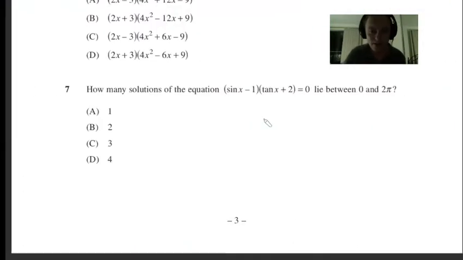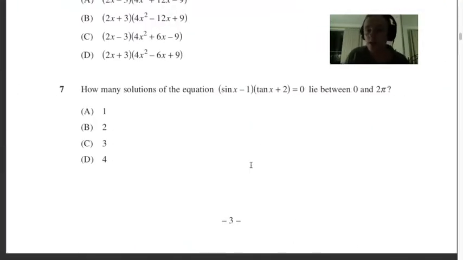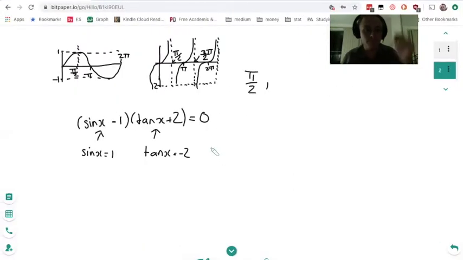Let's just ask what they're actually asking us here. How many solutions of the equation lie between 0 and 2 pi? So one of the solutions is pi on 2. But is it really? I think we should talk very quickly about domain and range. If we inspect the tan domain, we're talking about all allowable x's. We can basically use any x we want, so long as it's not pi on 2, 3 pi on 2,